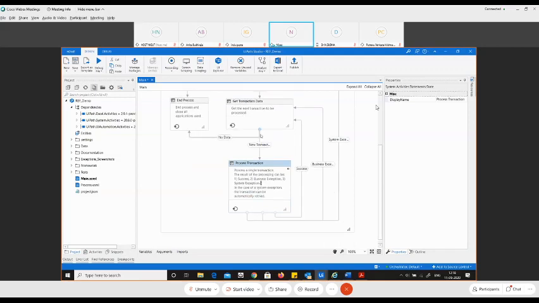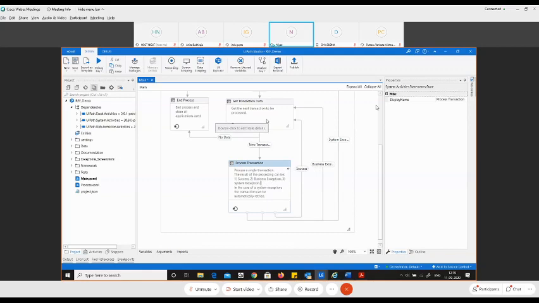If you see here, the process transaction has three outputs. If it is success, it goes back to get transaction, takes the new transaction and comes back for processing. If you encounter a business exception, the queue item will be marked as failed, and then it goes for the next queue item.